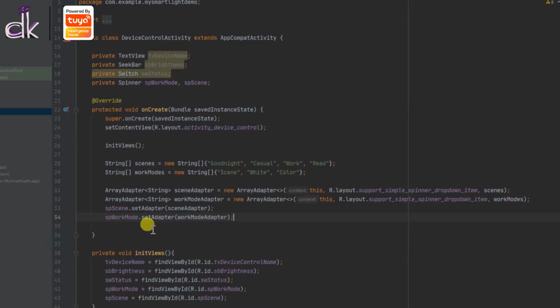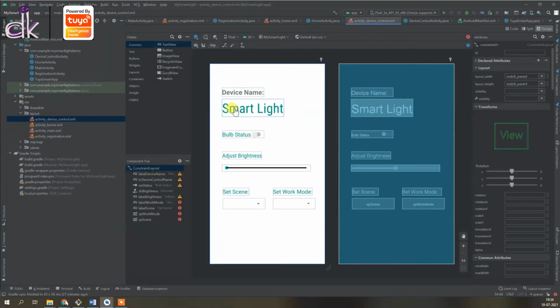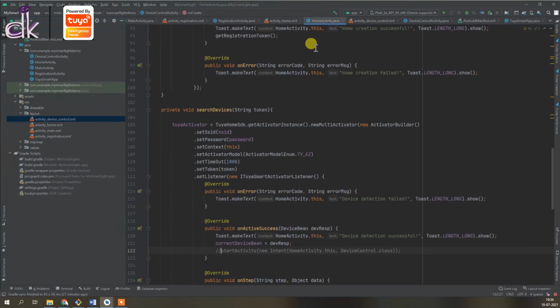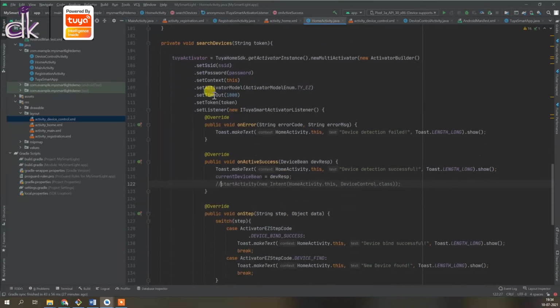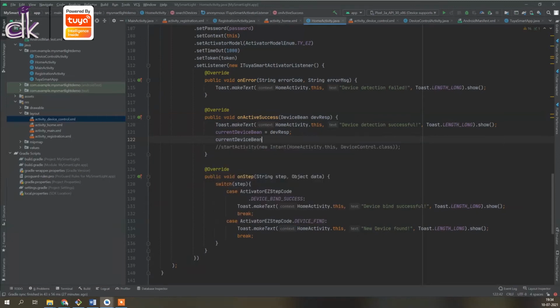Now one thing is, I mentioned that the device name needs to be set. So when I come into this activity, I want the device name to be set. So how do I get the device name, right? Because when the activity is loaded, I don't really have the information of the device name, and the device name is actually in the previous activity where we actually searched the devices and got the device here, right? So it's in this current device bean that has the device name, right? So here, let me show you what all is available.